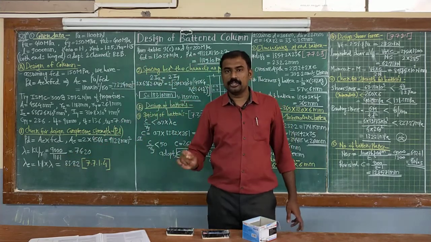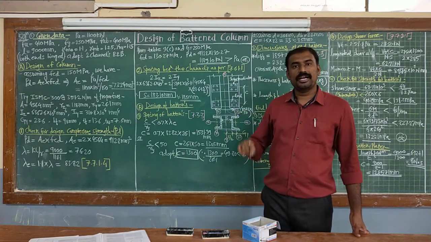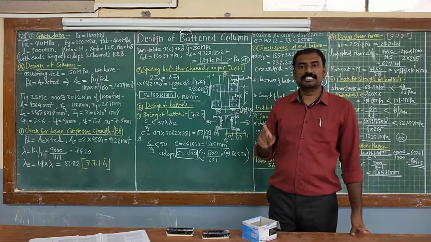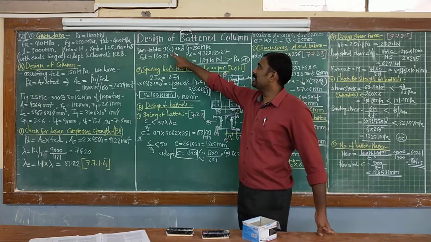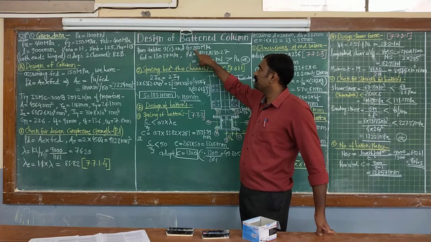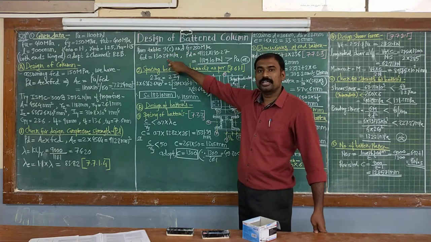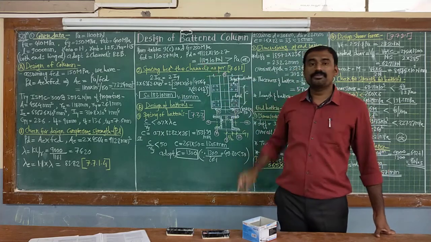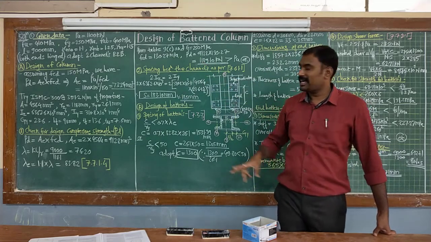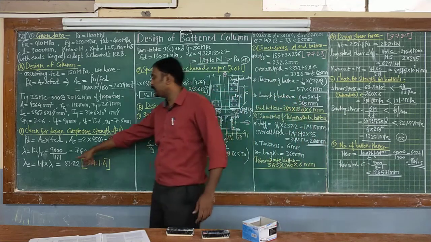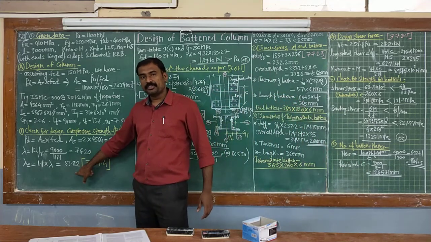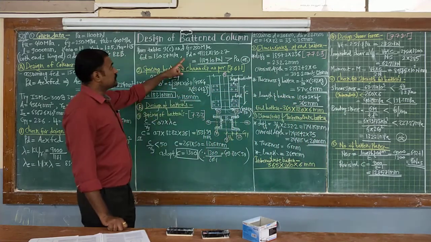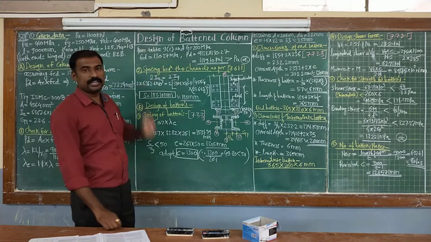So 83.82 is your slenderness ratio, and by considering buckling class C, I am referring to table 9C and yield strength value 250, calculating the fcd value. Correct? So from that table 9C, we are calculating the value of fcd with the help of interpolation, as our value is ranging between 80 to 90. So performing interpolation, we are getting fcd value equal to 130.27.